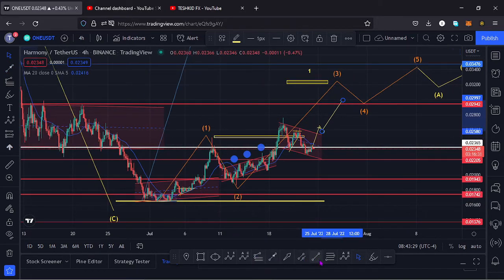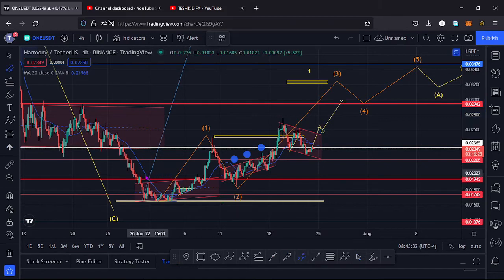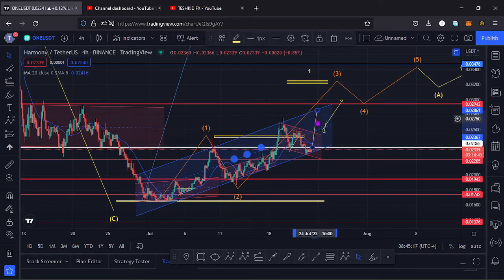Also, looking at this chart from a different perspective, we also have another channel which we are trading within, which is right here. So within this bigger channel, we have also touched the lower part of the channel, and that is giving us support, and we have continued pushing to the upper side. So it's possible once we see that breakout above that key area of resistance, we continue pushing to the upper side, break out of this smaller channel down here, continue pushing to the upper side of the bigger channel, and if we have enough volume for us to break out of that channel and maybe have a retest of the upper side of the channel, we can get to around the